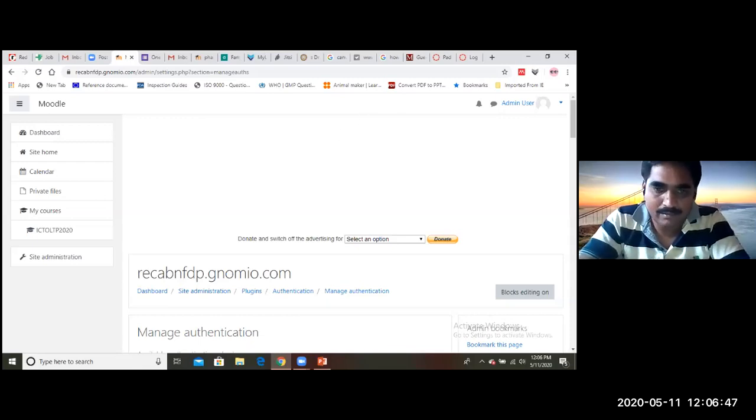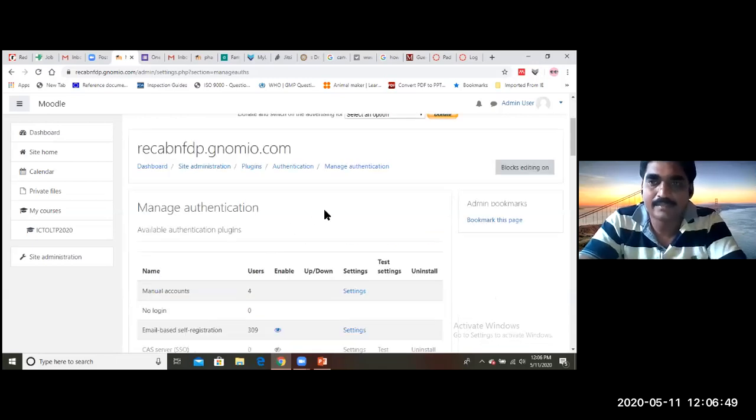Regarding self-enrollment, as given in the instructions, you have to give guest access, or you have to create a guest account with a password, and you have to provide that password and guest in your assignment section, so that we can enter into your course and check whether the activities provided to you have been done properly or not.